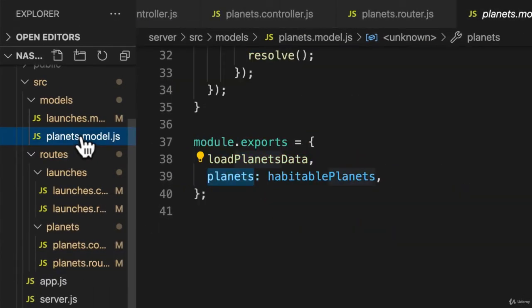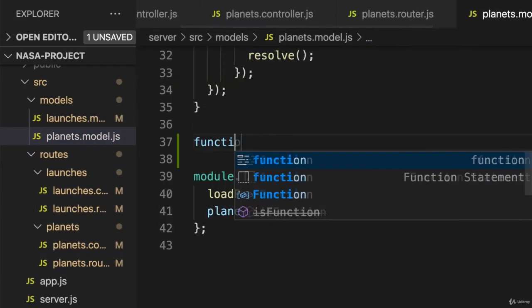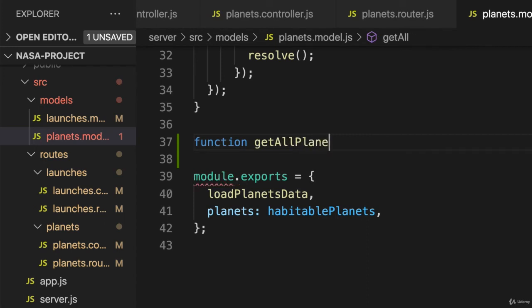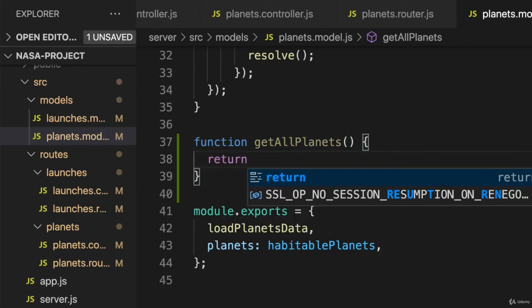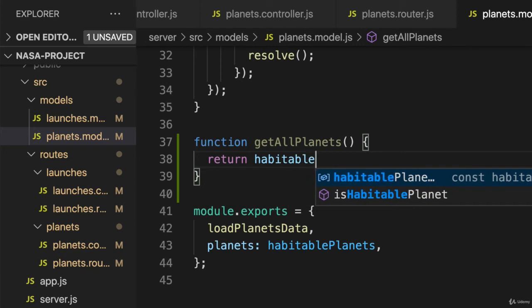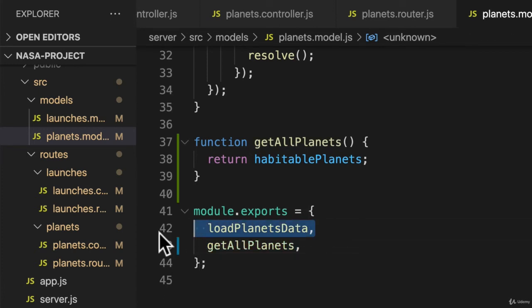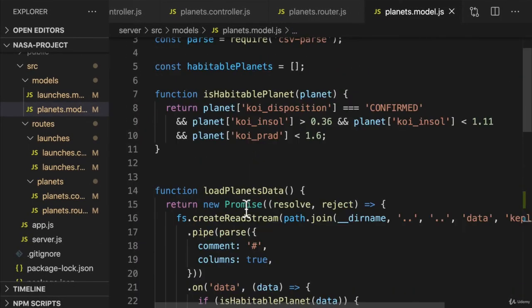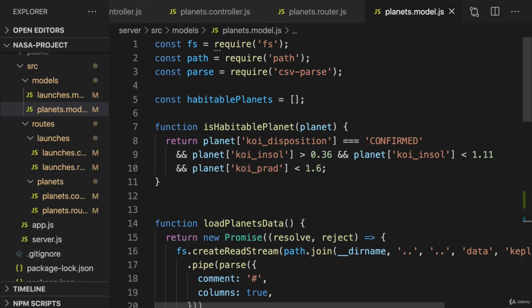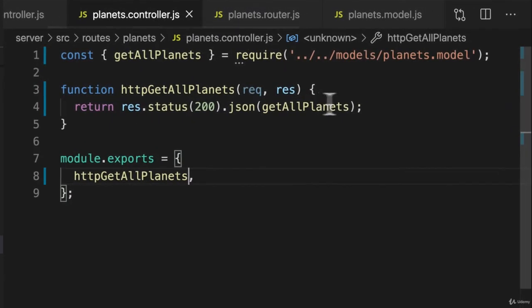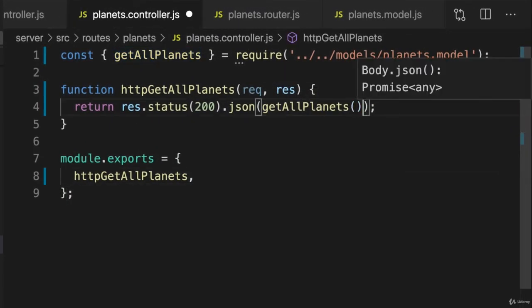Now in the model, we'll create this function, getAllPlanets, which just returns our habitable planets array. And now we can export only our data access and any loading functions from our models without worrying about how the data is stored. Oops, and I think I forgot to call our getAllPlanets function here before we return the